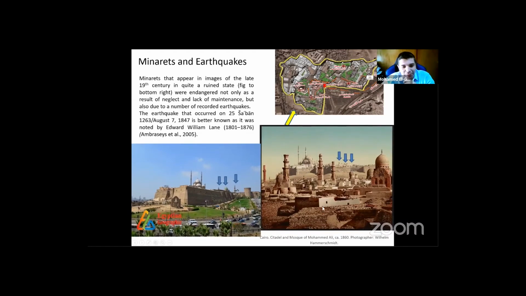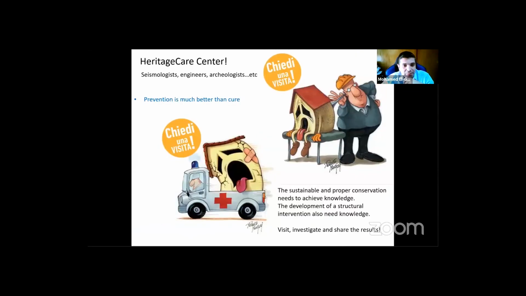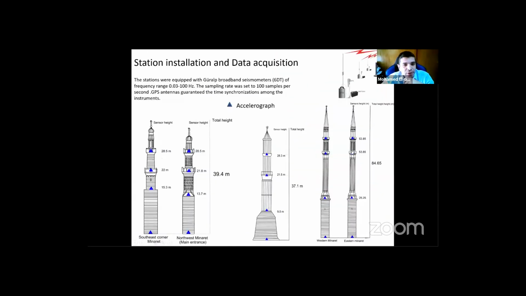In this drawing from 1860, you can see a lot of minarets in Cairo had lost their endings, mainly because of many earthquakes that hit Cairo, like the 1847 earthquake. We have several earthquakes in the historical catalog. It's important to understand how these earthquakes have affected the buildings and the minarets, and in order to do this, we are running a large campaign to measure the structural response of the different minarets